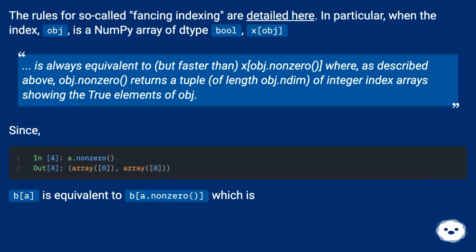The rules for so-called fancy indexing are detailed here. In particular, when the index, obj, is a numpy array of type bool, x[obj] is always equivalent to, but faster than, x[obj.nonzero()], where, as described above, obj.nonzero() returns a tuple, of length obj.ndim, of integer index arrays showing the True elements of obj. Since b[a] is equivalent to b[a.nonzero()], which is